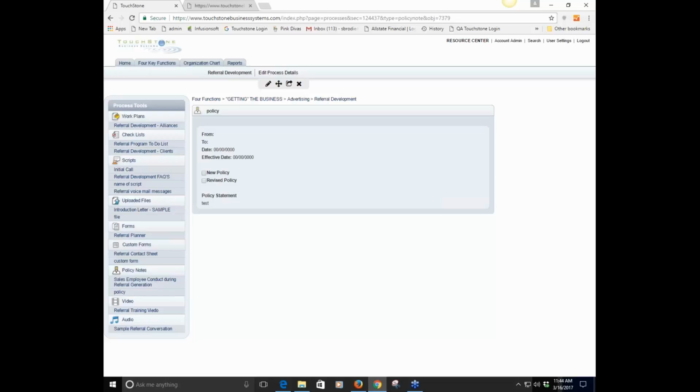Then it has a frame of reference for the employee. They're learning the process, they're studying the steps, and boom, there they see the policy related to it. There is one exception to that: sometimes there is a list of